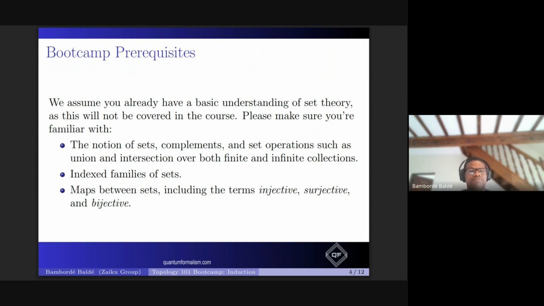If you know this, then you should be in a very good position to basically take this prerequisite bootcamp course. We didn't want to start from set theory because otherwise this thing will drag on forever. So this is the best compromise that we could come up with.